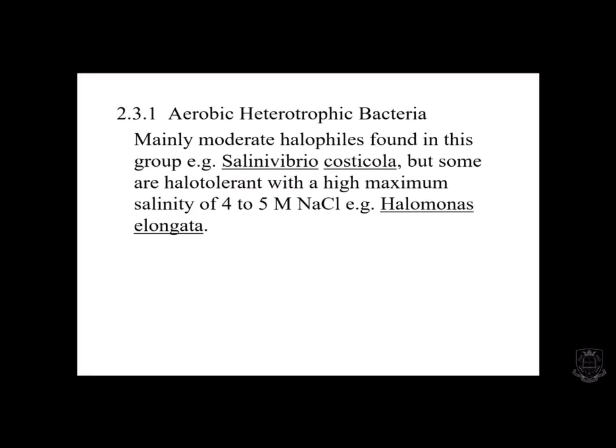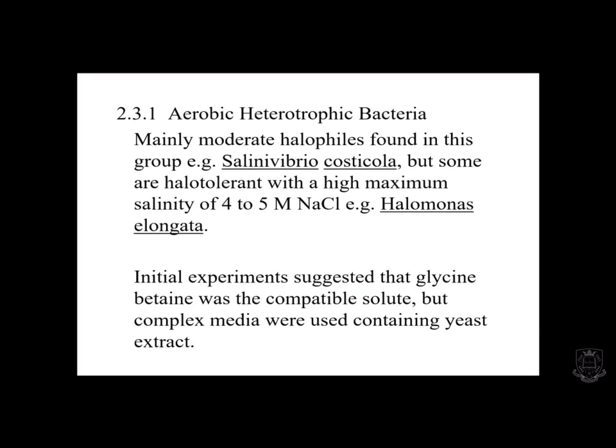Of course, these organisms were grown in different salt concentrations, and using chemical tests and other tests, you extracted the cells and measured the compatible solutes. It's fairly easy to measure compatible solutes in high salinity because they're produced in such large amounts that most modern techniques will measure them quite nicely. And all the initial experiments that were done with Halomonas and Salinivibrio showed glycine betaine was the compatible solute. So every time this was done, you found that in complex media they were producing glycine betaine.